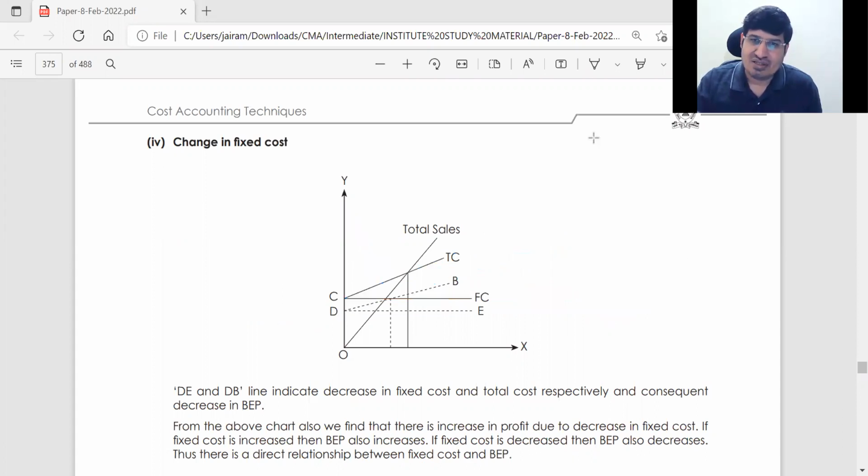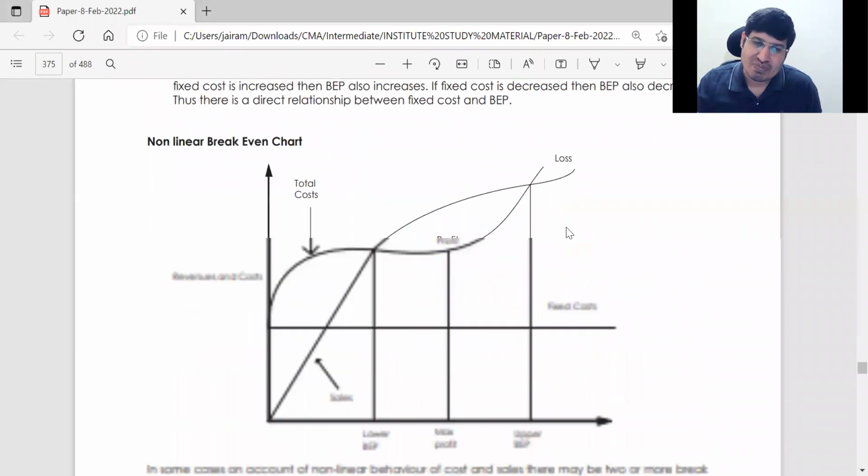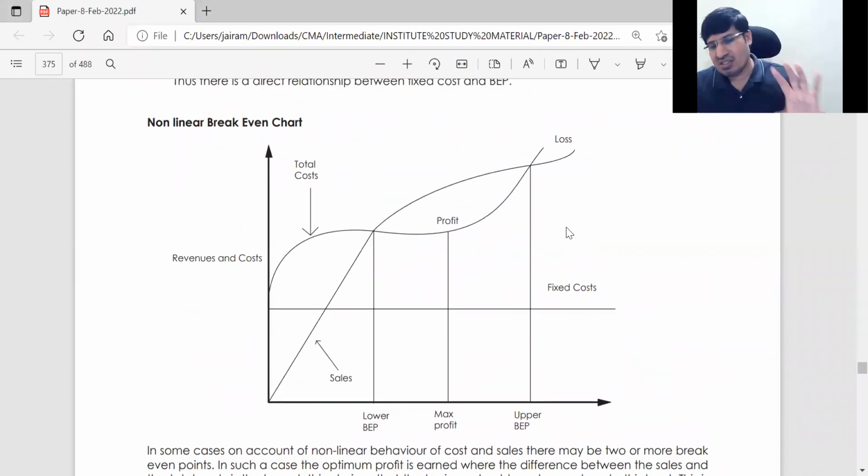ठीक है, this is about your fixed cost। so basically in one chart आप लोग सब कुछ प्लॉट कर सकते हो। this is the last one, थोड़ा different इसमें क्या है, I'll tell you, it's called non-linear break even chart, ठीक है। there is nothing difficult in it, nothing like what it is, what you are seeing here।